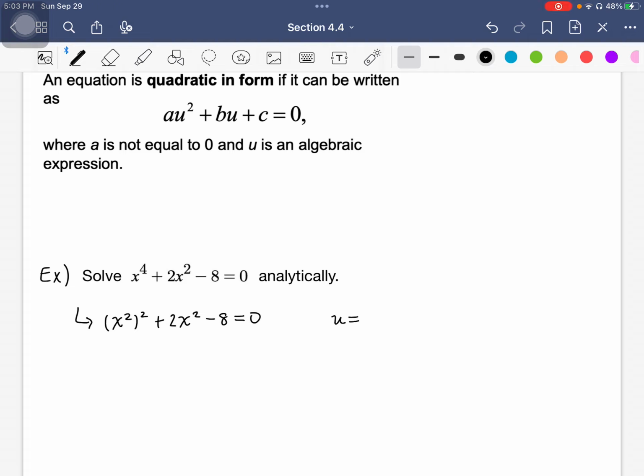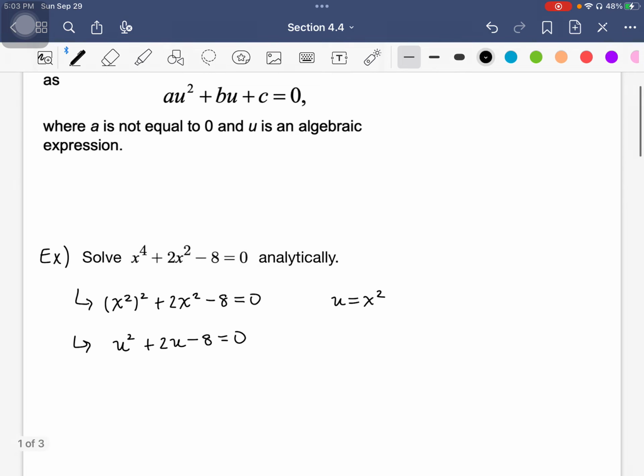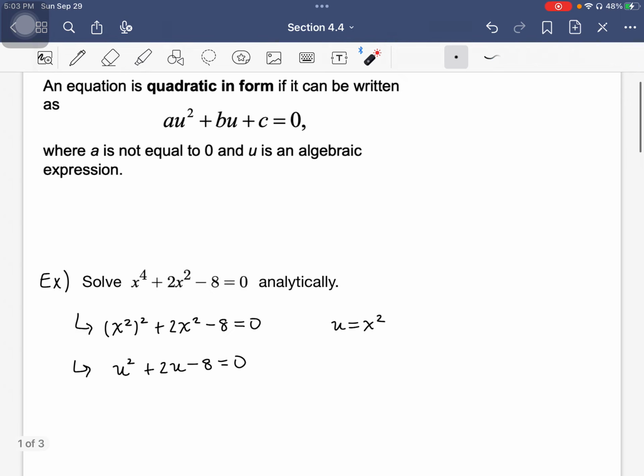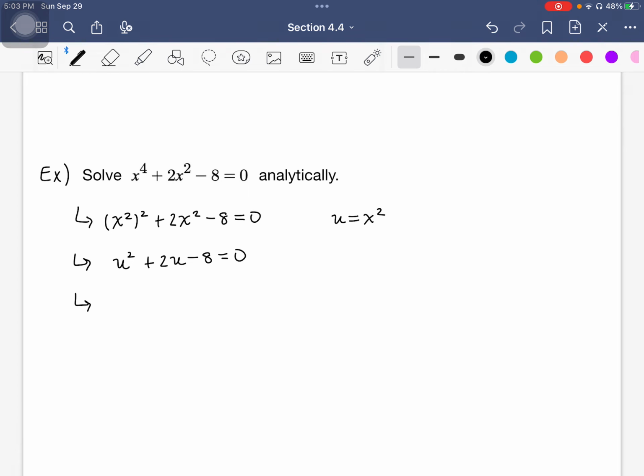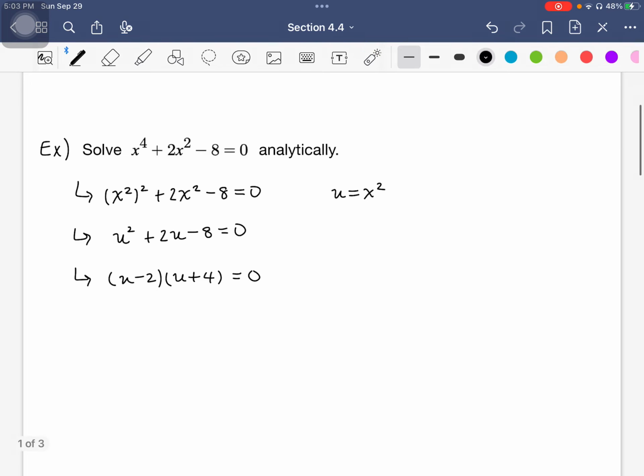Now, if we were to let u be equal to the algebraic expression x squared, we can rewrite this as u squared plus 2u minus 8. We just use the fact that this equation is quadratic in form to rewrite it in this way, so that it'll be a little bit easier to solve. All we have to do is factor this, so we'll get u minus 2 and u plus 4. This tells us that in order for this to be equal to 0, either u is going to be equal to 2, or u is going to be equal to negative 4,